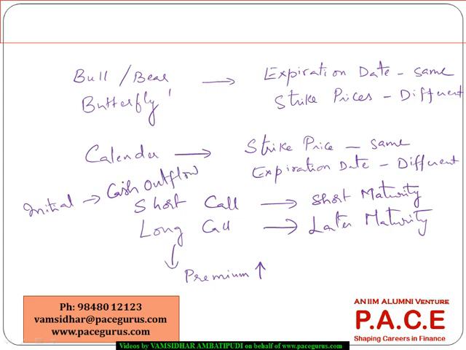There is a cash outflow in the process, and if the stock price at the expiration, here we always look at the short maturity expiration date. If the stock price at this expiration date of the short, meaning the earliest maturity date, the earliest expiration date, is closer to the strike price, then what we could see is the profit